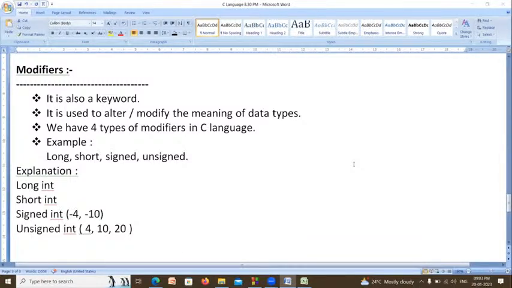What about the long and the short? Long means if you want to increase the size of integer, then you have to use the long integer. Integer can store up to only 32,000. Suppose you want to store 1 lakh, or 2 lakhs, then we need to increase the size of integer. That's why you have to use the long integer. Suppose you want to store only marks. Marks means it is for only 100 marks. The maximum marks for a subject is 100. The student may get only 0 to 90, 100. Am I right? Beyond 100 and negative numbers he won't get. Then you can use only short integer. Got it.